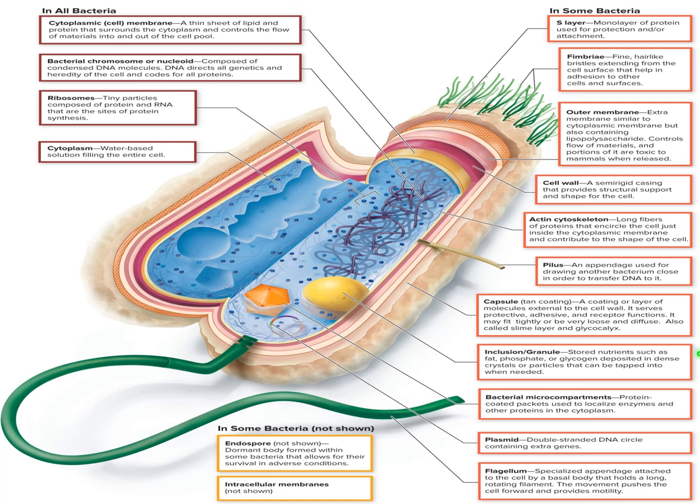Some will have inclusion granules, such as droplets of fat or phosphate or glycogen deposits. Some will actually develop microcompartments that are protein-coated packets that are used to localize enzymes and other proteins. Some bacteria will have plasmids. Plasmids are double-stranded DNA circles that contain at most a few genes. These are not considered necessary for life of the bacterium, but may actually impart certain characteristics that are important for